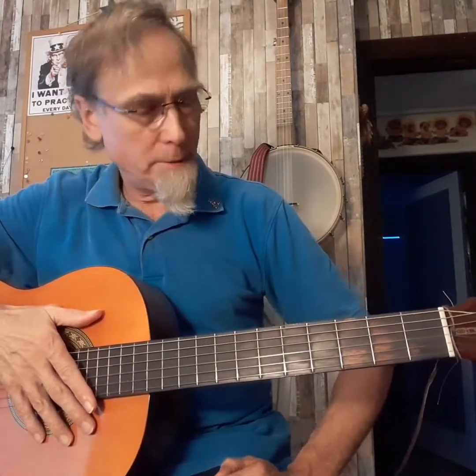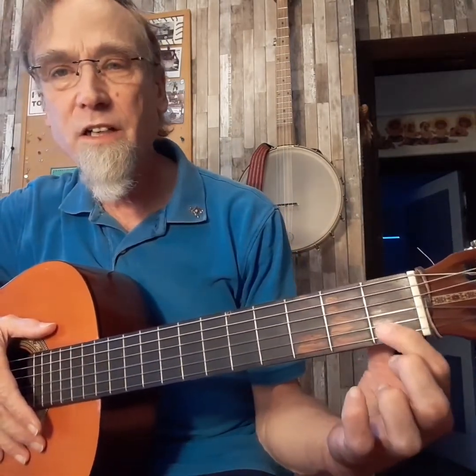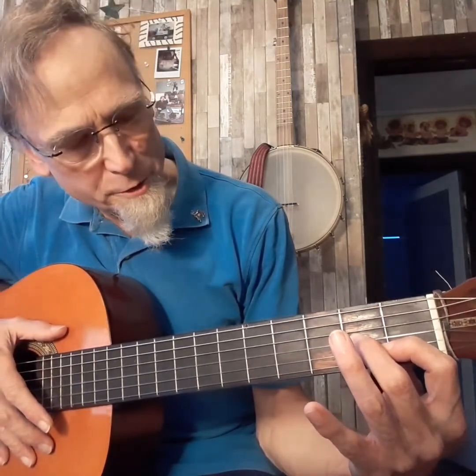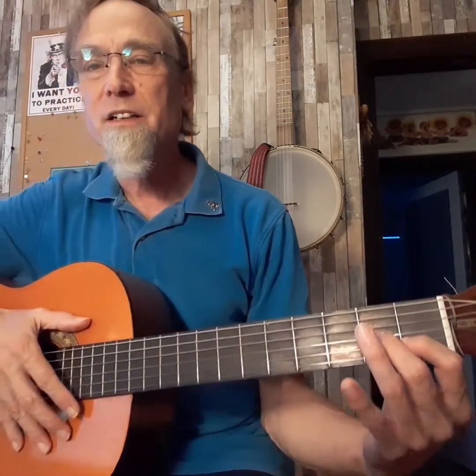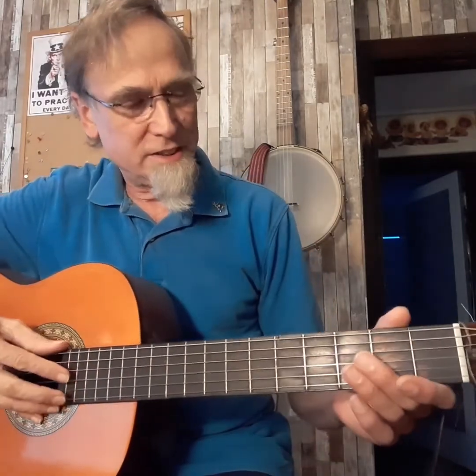Now, for those of you who are using the open G tuning, of course, the G major chord is just to play the open strings. The D7th chord is going to be index finger, second string, first fret, middle finger on the third string, second fret. For you open G players, the standard tuning for the banjo is an open G. So if you look up the banjo chord charts, you'll see a lot of the chords that you need right there. But today,